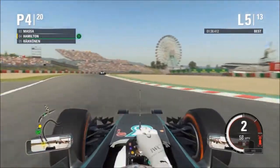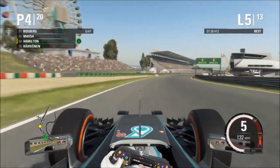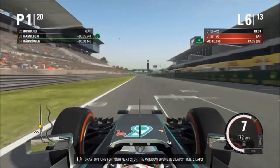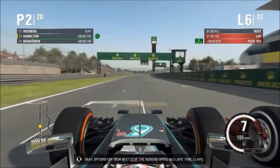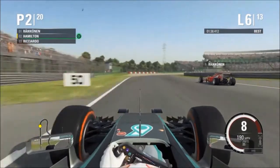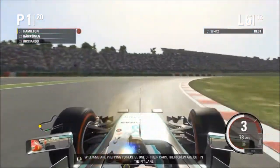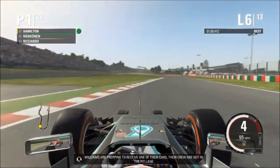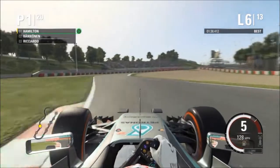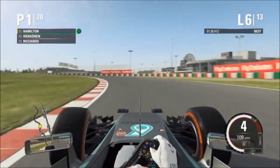It's a pretty steady looking gap to Massa at this stage, although he's in the pits. Wow, the end of lap 5, and the option runners are already pitting in for primes, and Raikkonen's going ahead of us again into what is now the lead of the race. And Raikkonen again going wide on the exit of turn 1 and leaving the door open for us to retake that position, which is now for P1. So we lead this race,